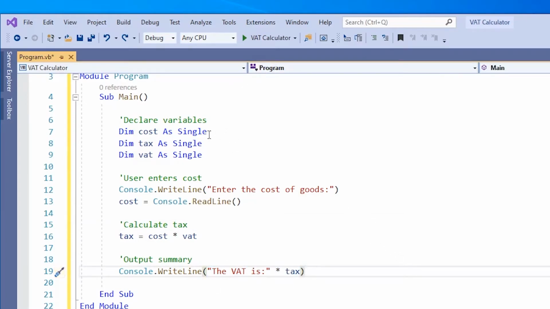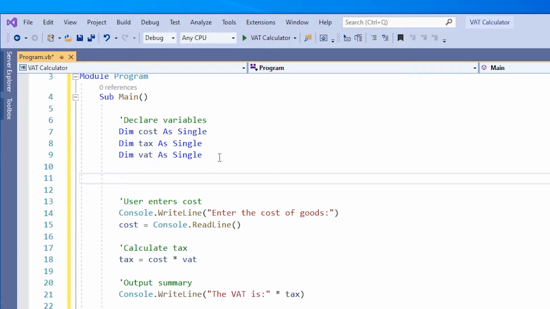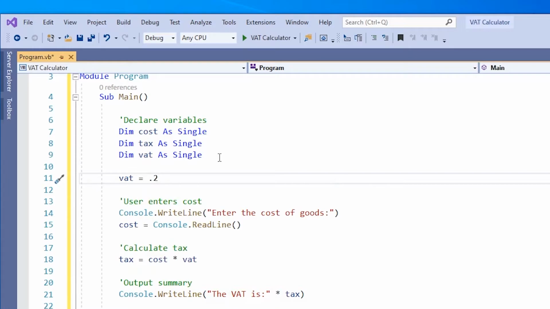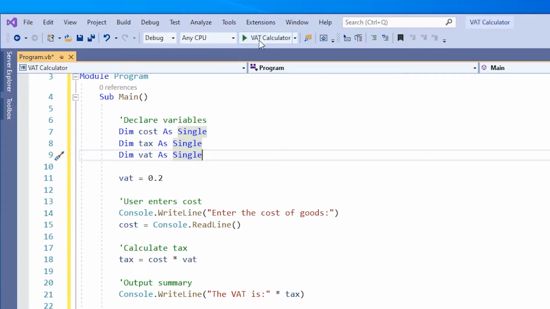So if I run the program, at the moment, cost is input by the user, but I don't have a value for VAT in order to generate the tax. So VAT, we're just going to assign it. So normally, well actually in Britain anyway at least, VAT is 20%. So what I'm going to do is I'm going to do 0.2. Okay? So 0.2. If I then run the VAT calculator,